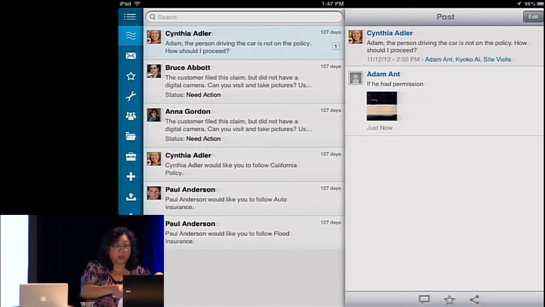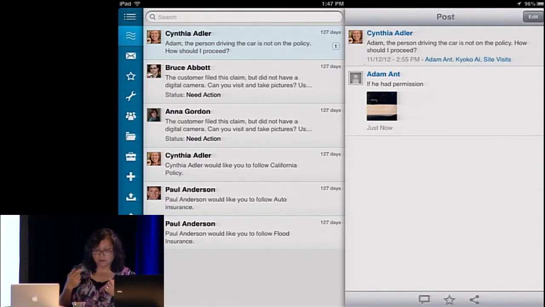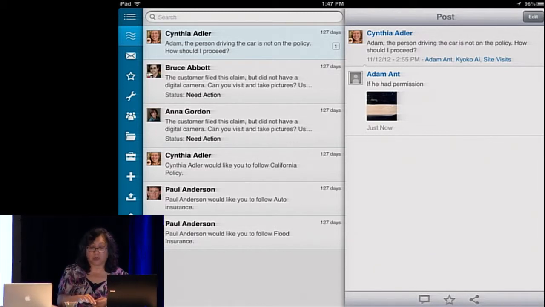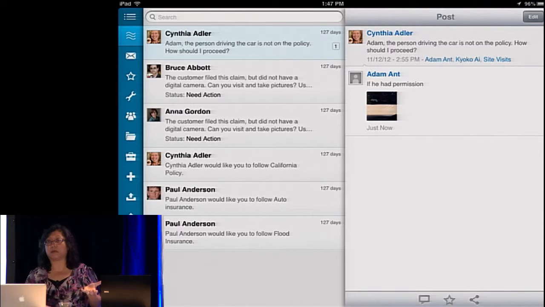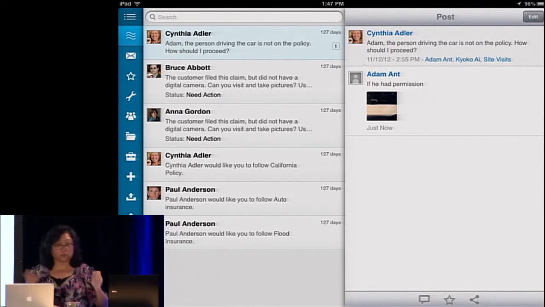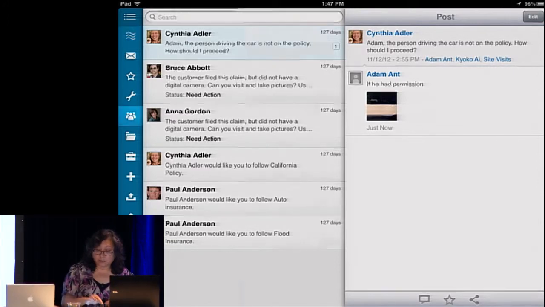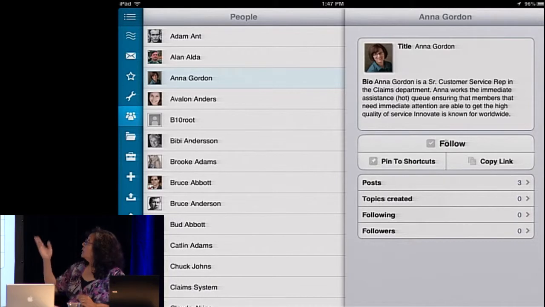So the next thing that I might want to do here is, now that I've looked at that, I'm saying, oh, I've got something here from Anna Gordon. Maybe she's somebody that I care about, I want to think about, maybe I want to follow that person. As somebody that I want to follow, this might be someone who is a subject matter expert who then could provide me more information about what's going on in the world. I can go through and find out more about Anna, see who she is and decide, oh, do I want to follow her or not?